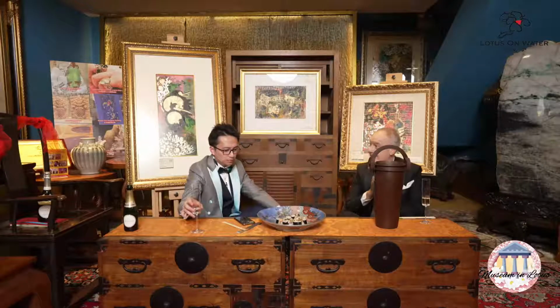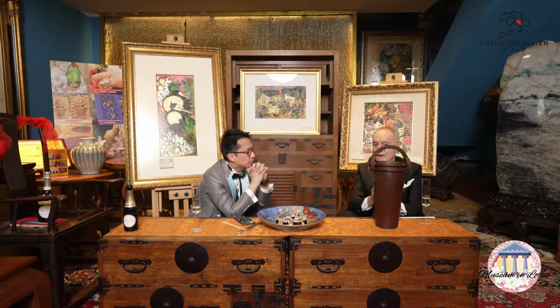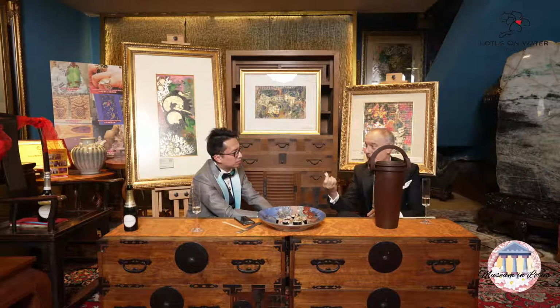But I wasn't convinced 100%, because at the bottom, I detected some rust, and that created the doubt in me. I would have said, by just looking at it, that this is bronze 100%. But then there is a technique to distinguish what is made out of iron from what is made out of bronze. And I've brought along this simple element here, which is...